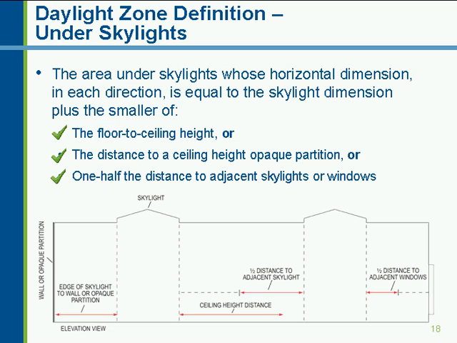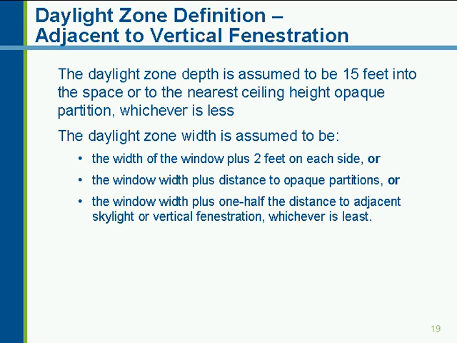You add these to the skylight dimension in all 4 directions, and that defines the area that is considered a daylight zone when you have skylights. Let's look at a similar definition for vertical fenestration when you have windows, and this is defined by a depth and a width. The daylight zone depth in this case is assumed to be 15 feet into the space away from